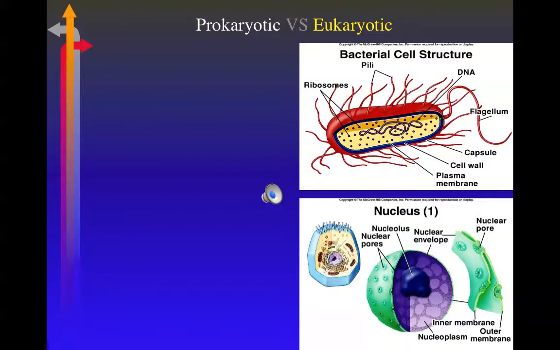Now, in terms of extrachromosomal DNA, what does that mean? Well, as the name implies, extra means actually outside of. So, if we have DNA that's not included in the chromosome of a cell, then it's going to be called extrachromosomal. It's extra DNA, not involved in the structure of the chromosome, but found somewhere else inside of the cell. For a prokaryotic cell, it would be a plasmid. For a eukaryotic cell, it would be inside of an organelle like a mitochondria or a chloroplast.